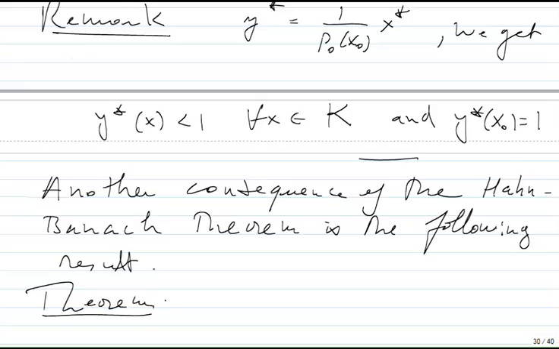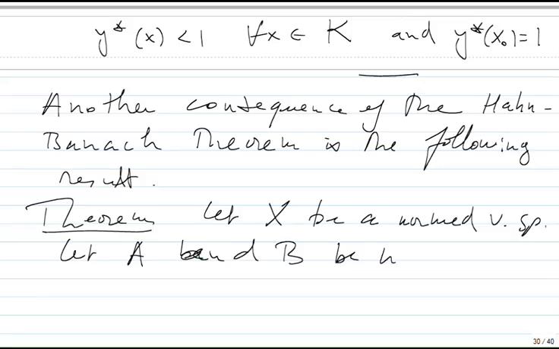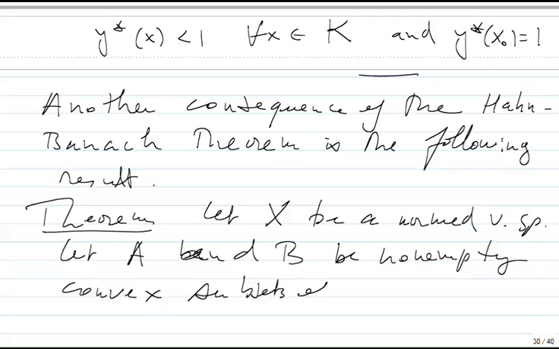Let X be a normed vector space, let A and B be non-empty convex subsets of X. Assume